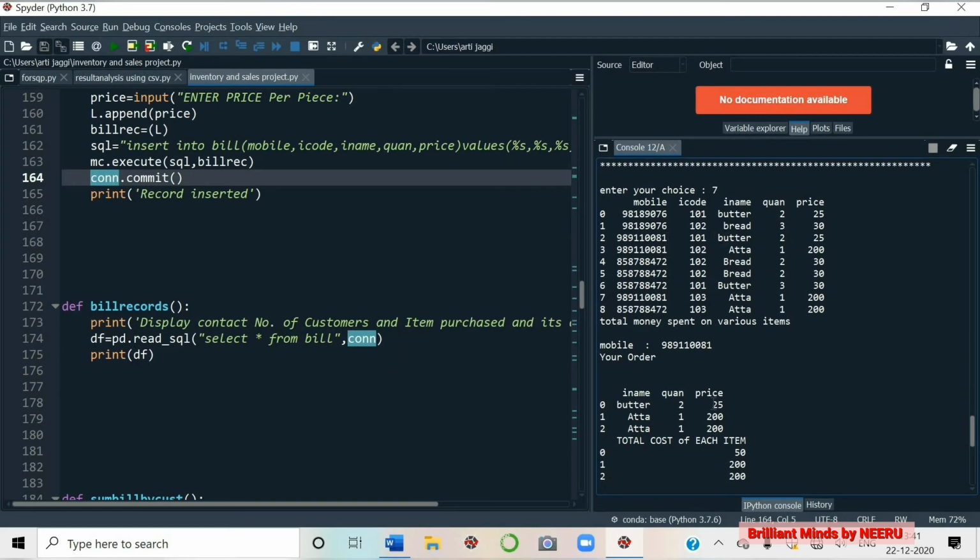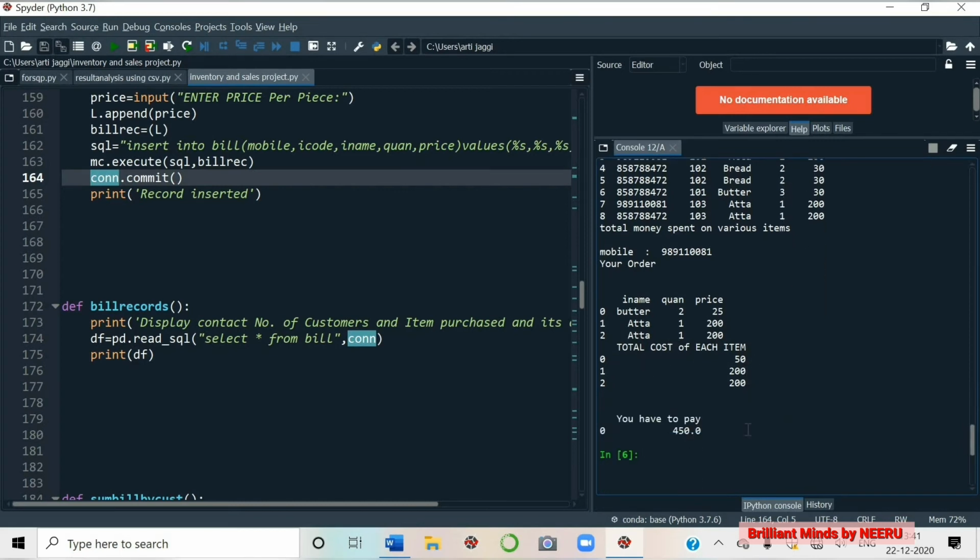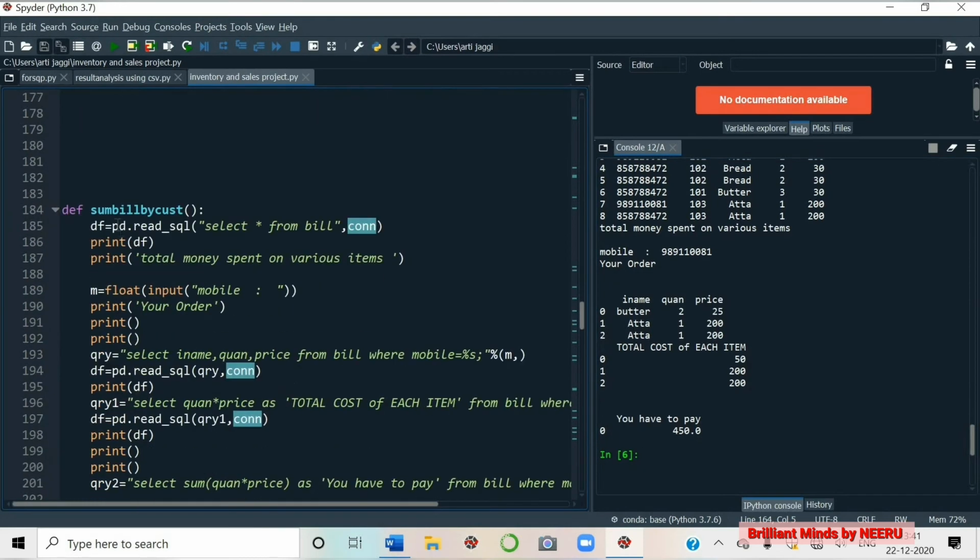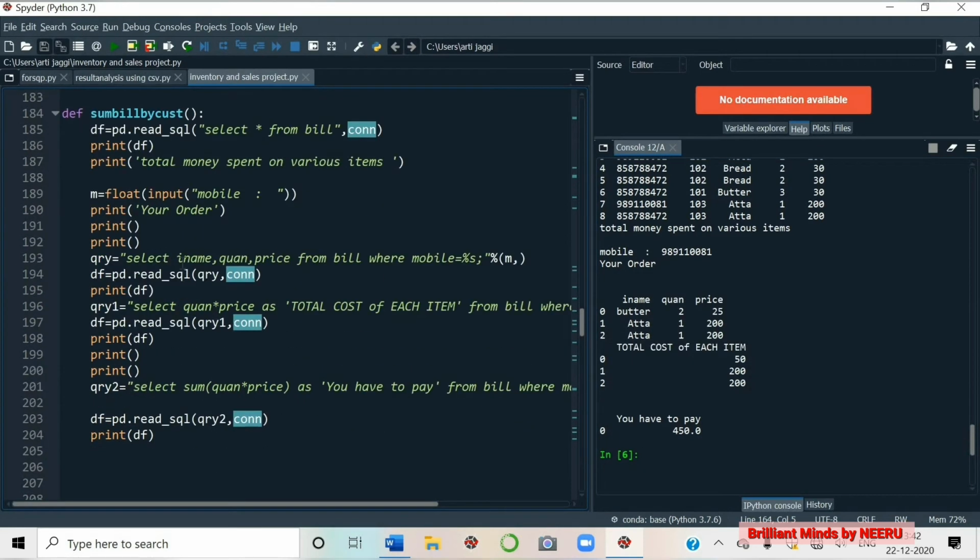I bought 3 times. Atta once, then again atta, then again atta, then butter also. Total cost of each item is 50, 200, 200. You have to pay a bill of 450.